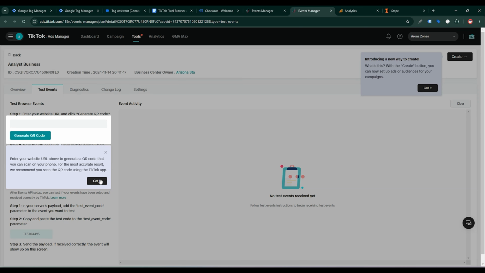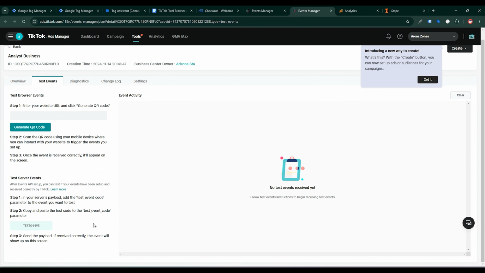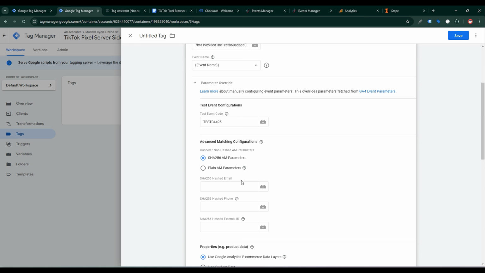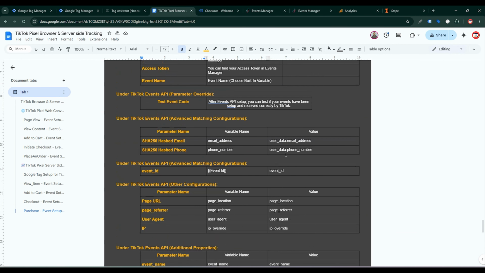Then click OK. Then got it. Then copy this test event code. Then go back to the server container. Then paste here, event ID. Now I need to send hashed email. So where do I find the hashed email? Go back to my documentation, then copy this part. Then go back to